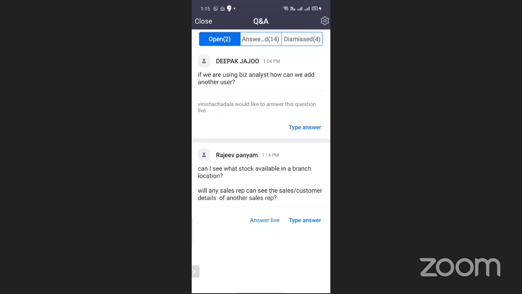Okay, there is one question from Rajiv ji. Can I see what stock is available in a branch location? Will any sales report show the sales or customer details of another sales report? If you need stock branch location wise, I have just now shown how you can see location wise, warehouse wise data.